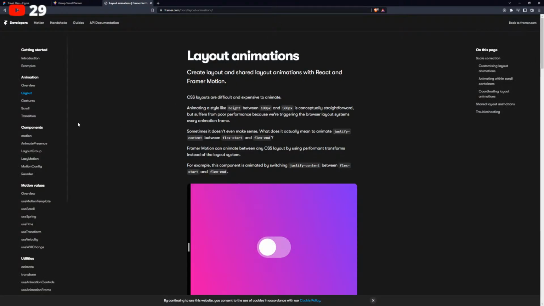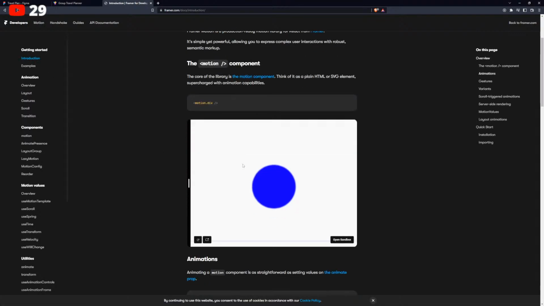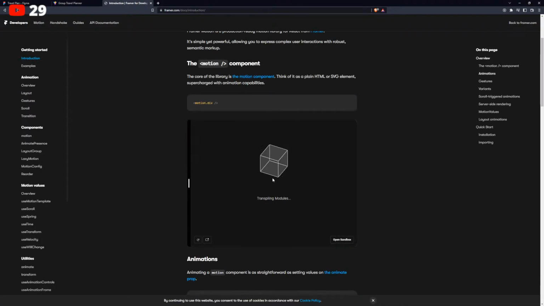I also want to try Framer Motion, guys. I really want to try Framer Motion. What do you guys think? Should I try Framer Motion?